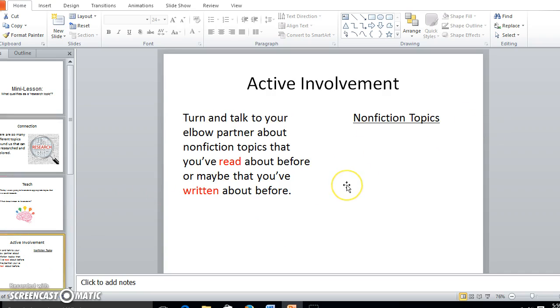I would then have the active involvement. I would tell the students I'd like them to turn and talk with their elbow partner about some nonfiction topics that they've read about before, or maybe even written about before. And I emphasize that we're doing nonfiction topics, and we're reminding the students what it means when it is nonfiction,